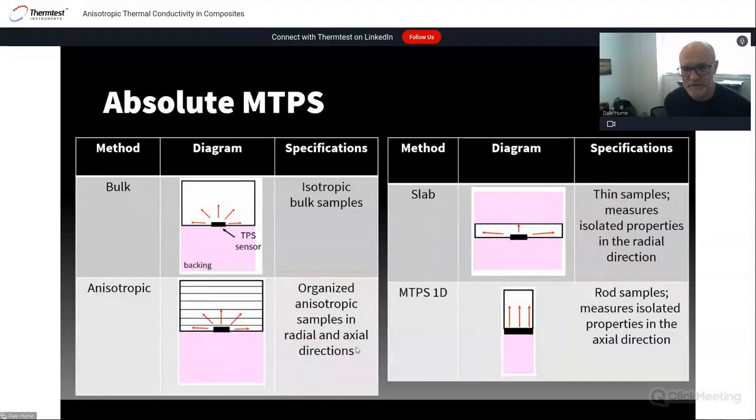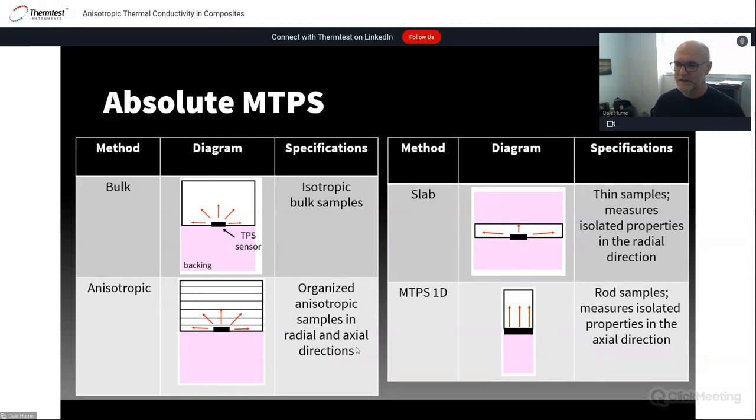So with the absolute version of the MTPS sensor, this is a review, more visual, of what is possible with that sensor. If you look at each one of these, the bulk, the sensor sits between known insulation. In this case, it's a known insulation on the backside of that test, which I showed you here, and then the sensor sitting on top. And again, this would be permanently stretched over the sample like this one. That allows you to measure three-dimensional thermal conductivity, thermal diffusivity, and a calculated volumetric specific heat and a calculated thermal